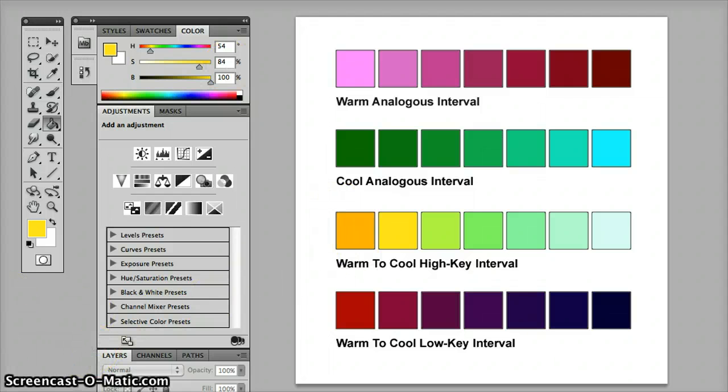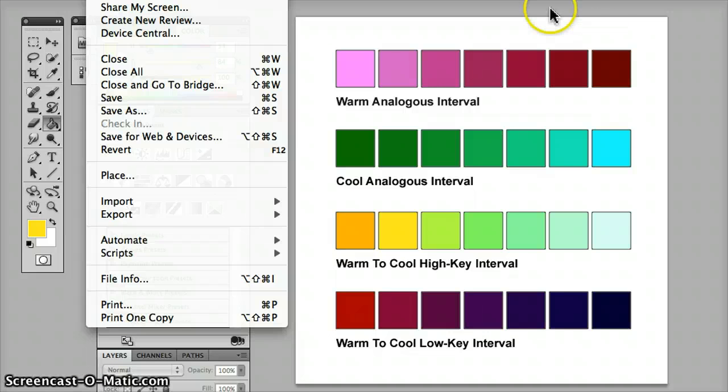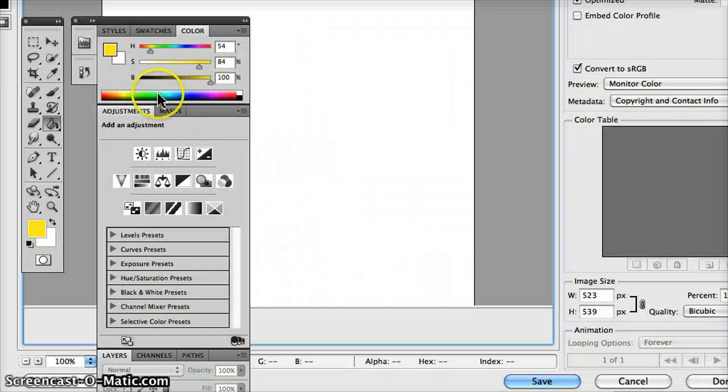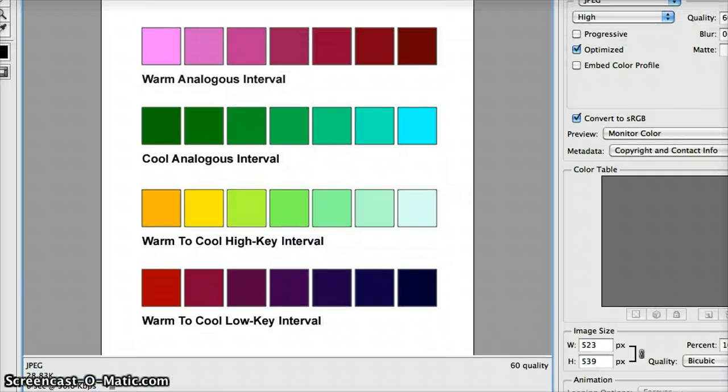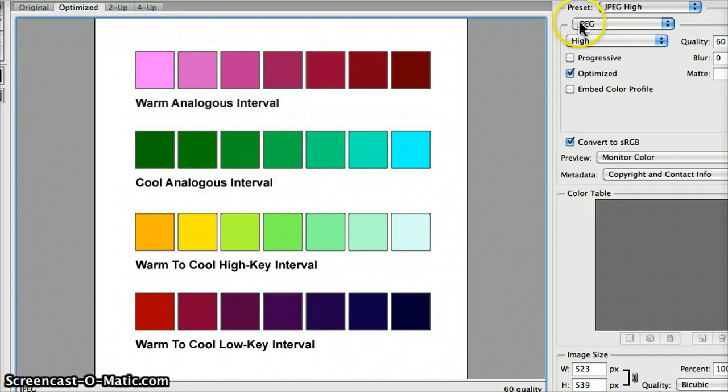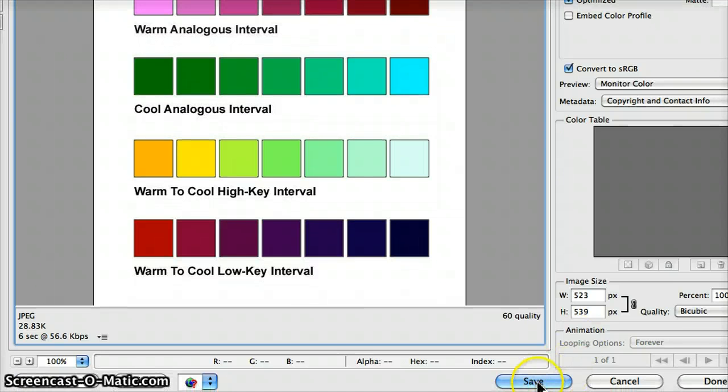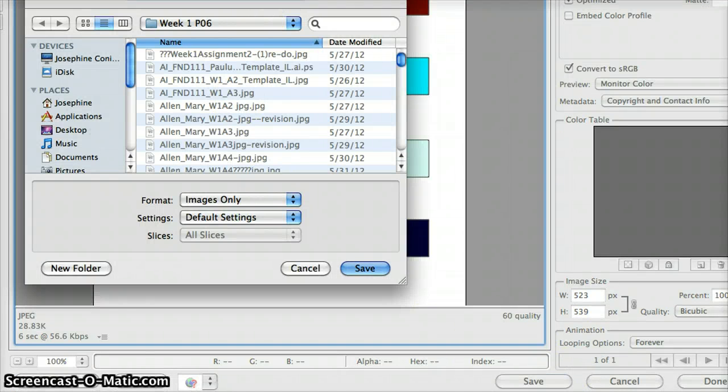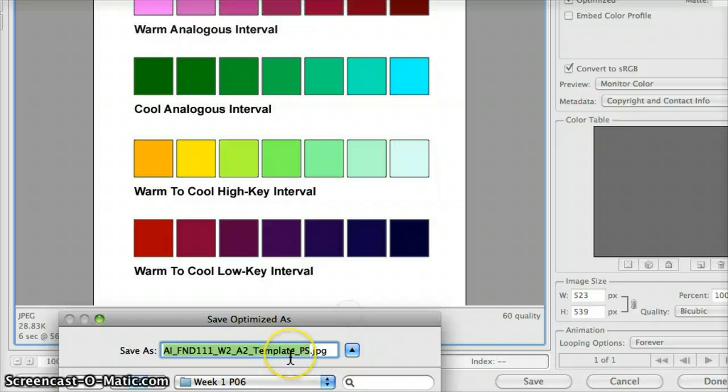All right, the next step we want to do is go to File, Save for Web and Devices. You could check the whole value range again if you wanted to, just to double check, but we've done that a couple of times. So we're going to go to File, Save for Web and Devices. Make sure we're in JPEG High Optimize. We do not need to change the size of the template. It's perfect. We click Save, and then the next thing that we want to do is put our last name,